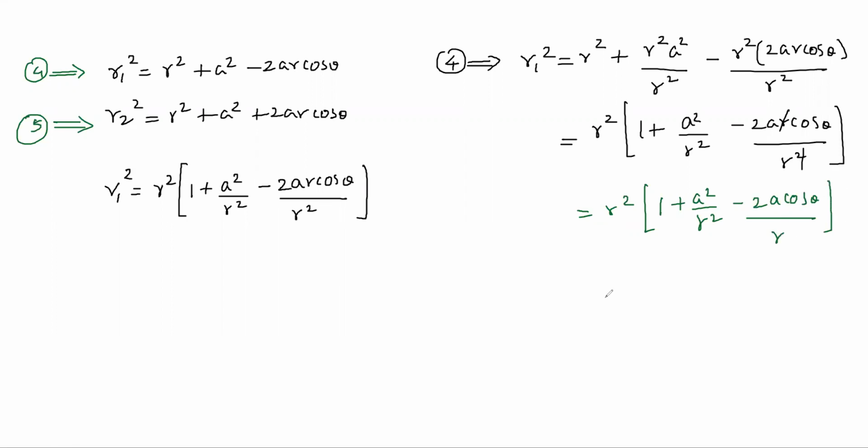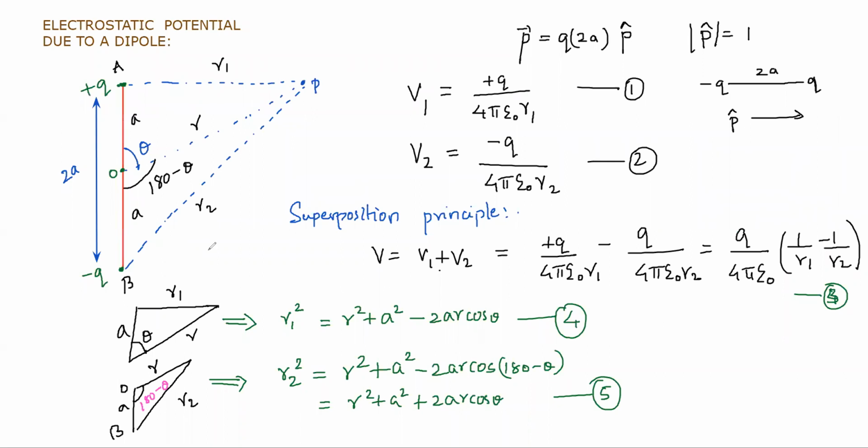Sir, why do we have to take R square common? Why can't we directly substitute in the main formula? That's a good question, because we are going to approximate it. This formula is valid for very small distances of the dipole, when the point P is close to the dipole. But when you observe closely in the NCERT textbook or any derivations of the dipole, they find the electric potential at a very, very far away point, because this expression is complicated. So we need to approximate using the binomial expansion.